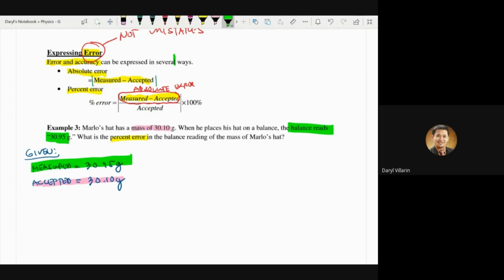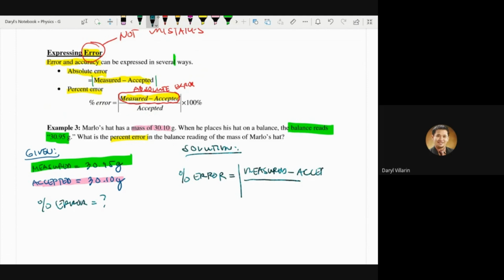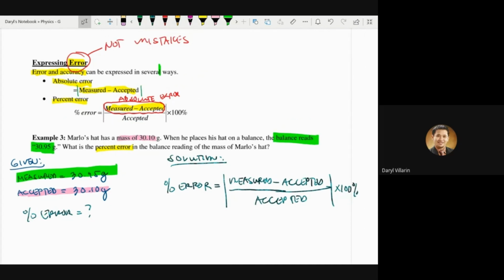And then I'm going for the percent error. So percent error is my question mark. For my solution, I'm just going to copy the formula. So always start with the formula that you know of. It's just good to write it first. So measured minus the accepted, all over the accepted, and then times 100%. Okay, so now this is where I'm going to substitute my values. So the measured value would be 30.95 subtracted with the accepted value of 30.10,